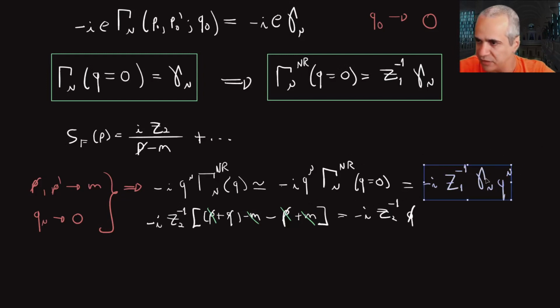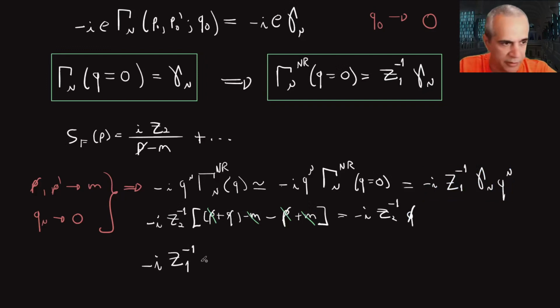I just replaced this by Z1^{-1} gamma_mu, and the q_mu is just repeating, right? So I have q-slash here, q-slash here. You see the two equations are very similar, right? What I'm getting from the Ward-Takahashi identity at leading order in q, right, is just this equation right here,